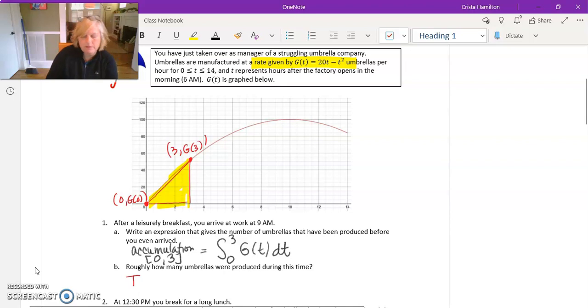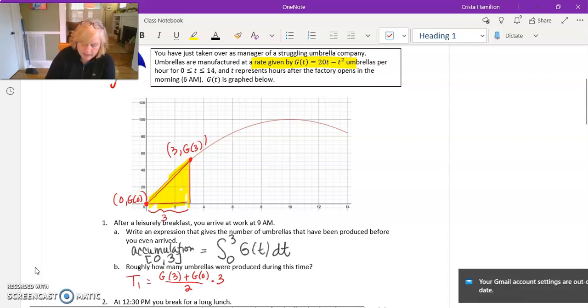Now, of course, it's going to be a little bit of an underestimate, but that's okay. So I'm only going to use a trapezoid sum with T1. Remember, we take our two quote unquote bases, and yes, I know one of them is 0, but that's fine. So we're going to do g of 3 plus g of 0, divide by 2, and then multiply by the height, which is the width down here at the bottom, which is 3. Notice that that is exactly the same as the area of the triangle, because g of 0 is 0. So when we add it up, it ends up being 1/2 g of 3,